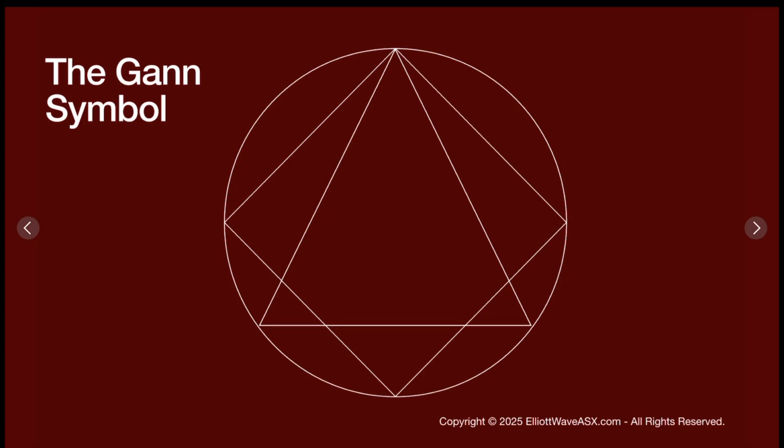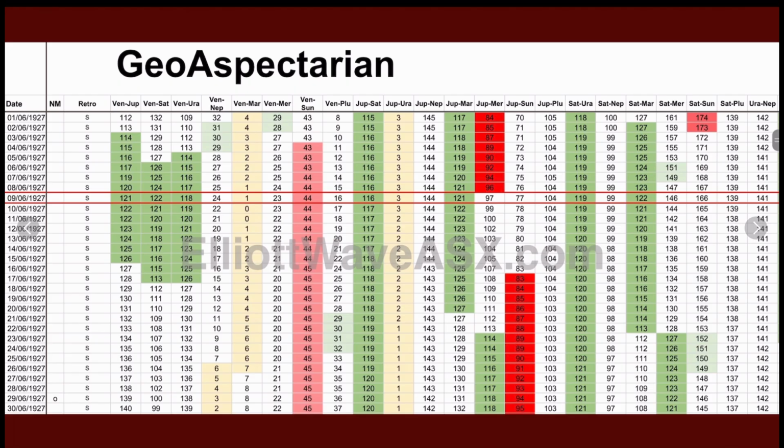Now back to the setup involving the Gann symbol. If we look at the Geo-Aspectarian for the 9th of June 1927, we can see just by looking at this first page there's a lot of trines. We've got Venus-Jupiter trine, Venus-Saturn trine, Venus-Uranus trine, we've got Venus-Mars in a conjunction, we've got Jupiter-Saturn trine,